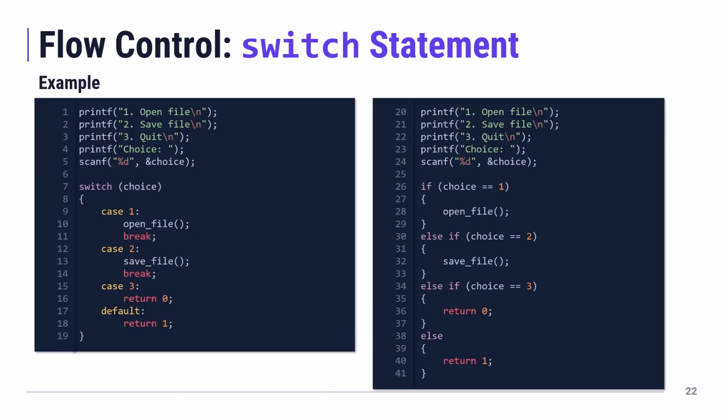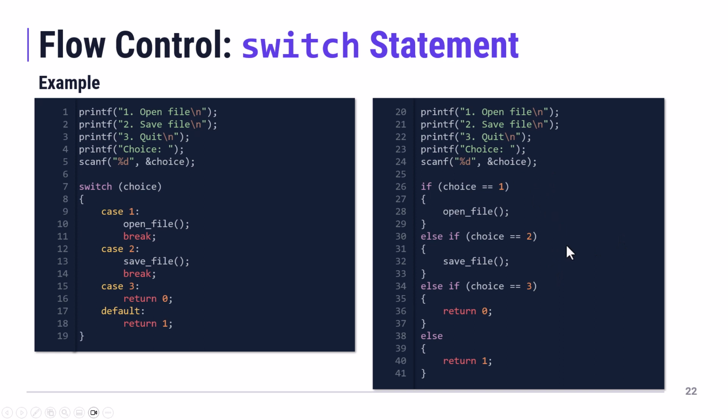Okay, so just an example here to demonstrate the difference between switch and if, else if. So exact same functionality here. The switch is just able to do it a little bit more succinctly. So we prompt the user for a choice, we switch based on their choice, and then if they enter 1, we call open file, we break. If they enter 2, we call save file, break. If they enter 3 to quit, we return 0, and then otherwise, if they entered some invalid value, we, for whatever reason, return 1. And same thing over here, exact same functionality, it's just a little bit wordier,